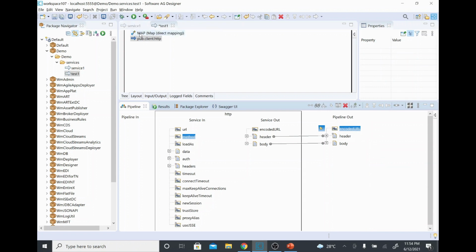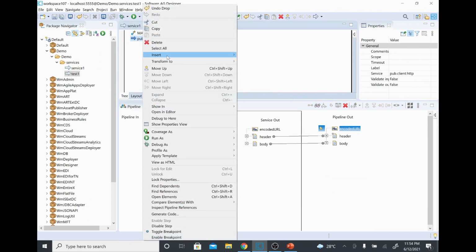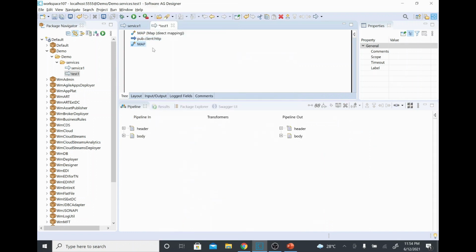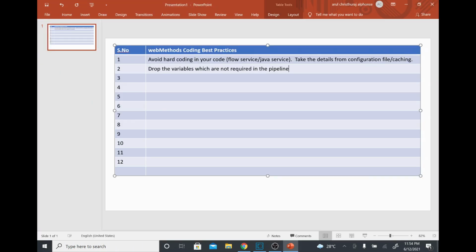Then when we call the next step, those details will not be available to the next step. Whenever you drop that information, variables or payload, we can save a lot of memory and our service will perform well. So that is the next one: drop the variables which are not required in the pipeline.